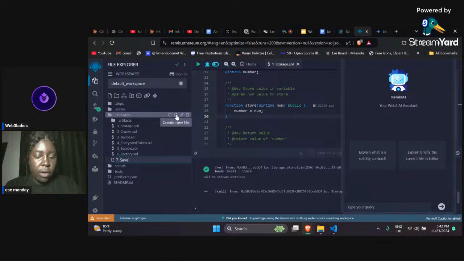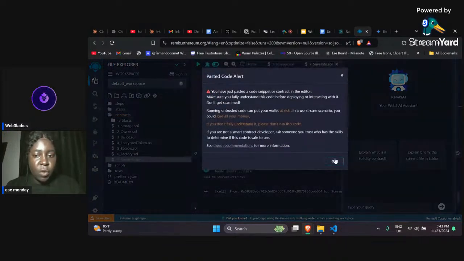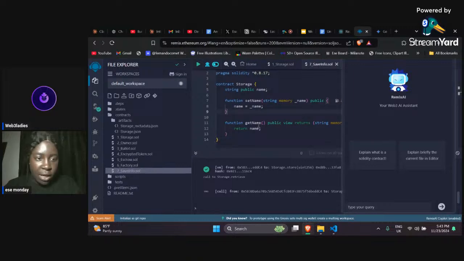Okay, that is where Web3 JS comes into play. Web3 JS basically allows you to connect your smart contract to your front end application. And for this example, which is what I'm trying to show you, we have this simple smart contract. I call it save info. And all it does is set the name of